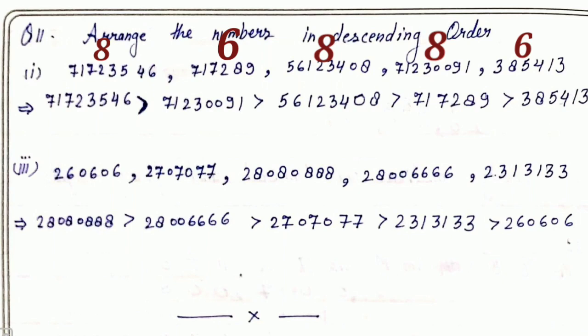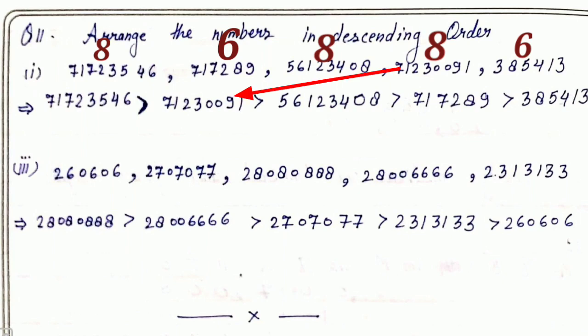So here we can see the first digit is 7, and here it is 5, and here it is 7. So now 5 we will skip because it is less. Now we will compare these two numbers. It is having 7, this one is also having 7. Now we will see 10 lakh place. It is having 1 and this is also having 1. So we are confused, we cannot compare. Now we will see the third place. It is having 7 and this one is having 2. So now we can understand that this first number is very big. So it will come very first.